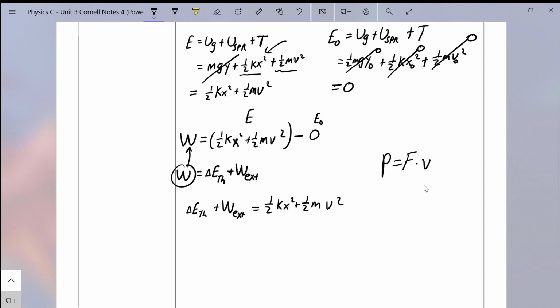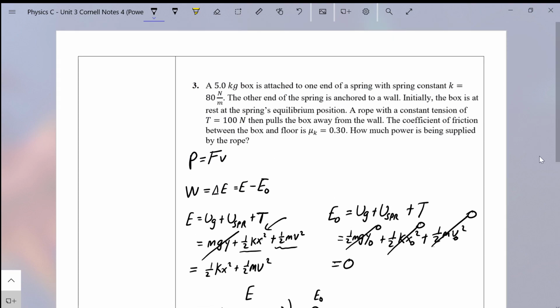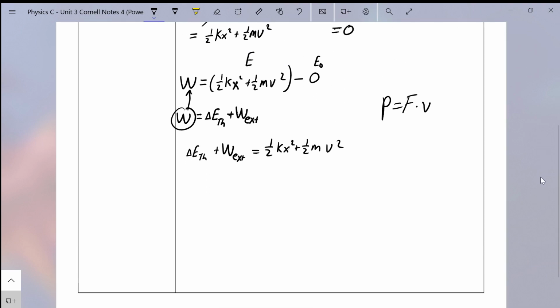We need to know V. We know F. That's not terribly difficult to figure out, right? We were kind of even given that in the original problem statement. The force is going to be that tension force of 100 newtons. But V is not so easy to find. And this equation here is what's going to give us that V. So if I subtract a 1/2 kx squared from both sides of this equation,